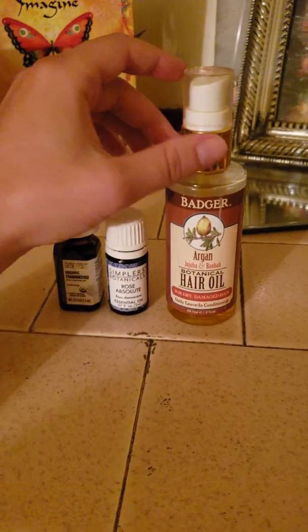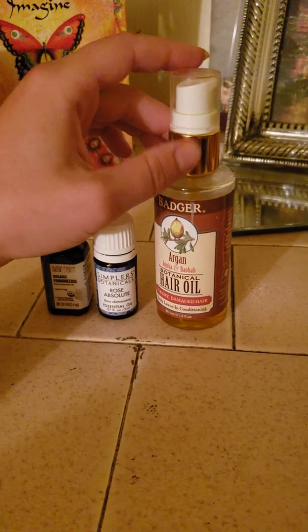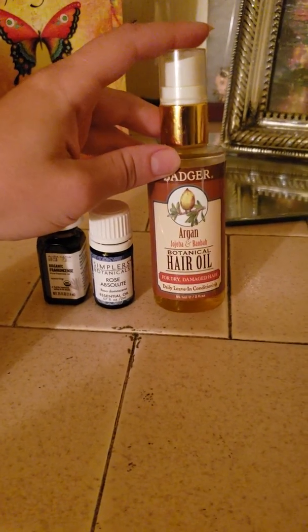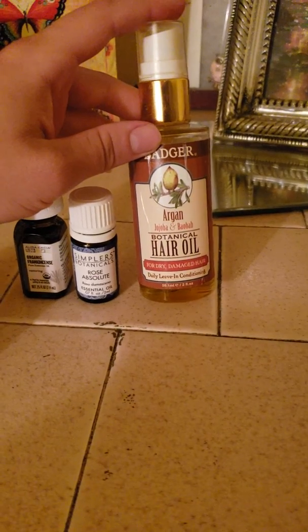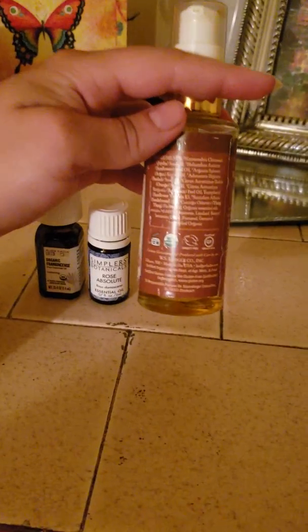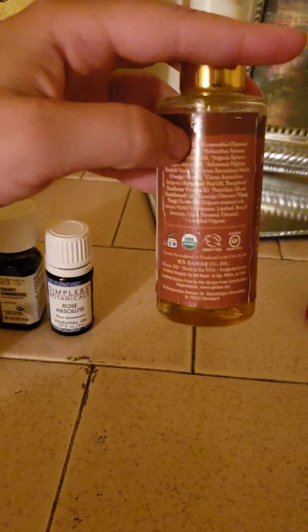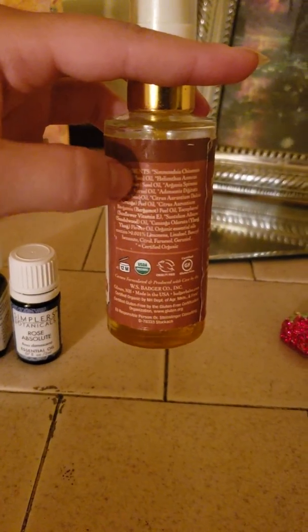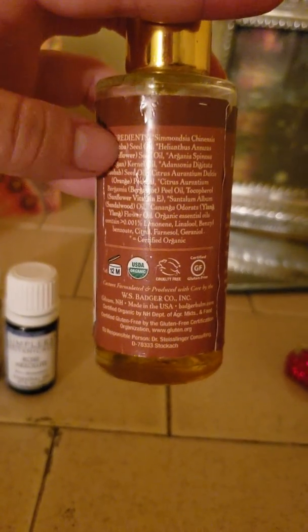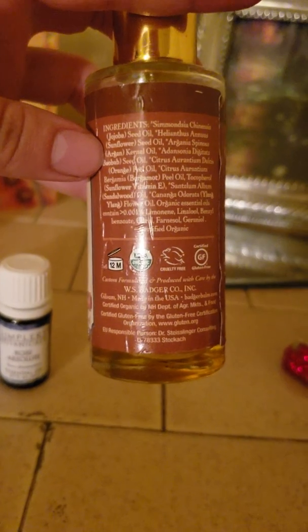at once. So one day when I was going into the store, I found this because I was looking for hair oil. And this is a jojoba, argan, and baobab hair oil by Badger Company. And I looked on the back and it had all the ingredients that I wanted to use as my base. And I don't know if the camera's gonna focus quite well enough to read that small print, so I'll read it off to you. It is jojoba seed oil, sunflower seed oil, argan oil,